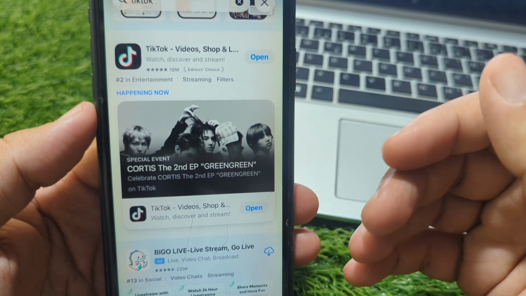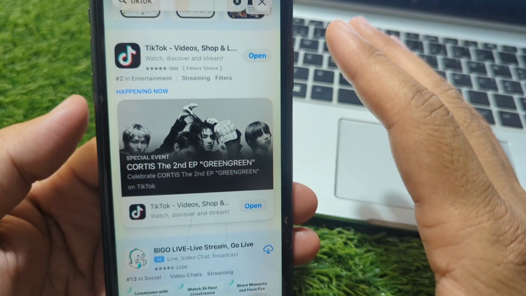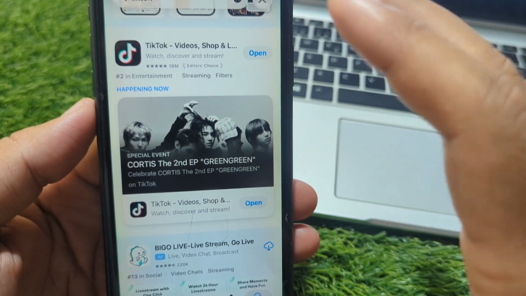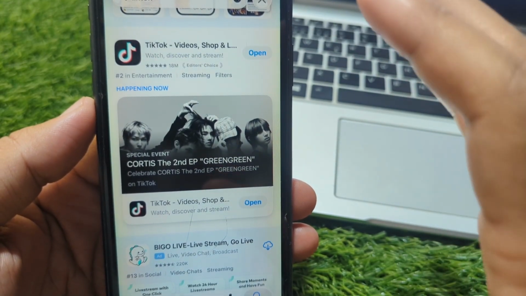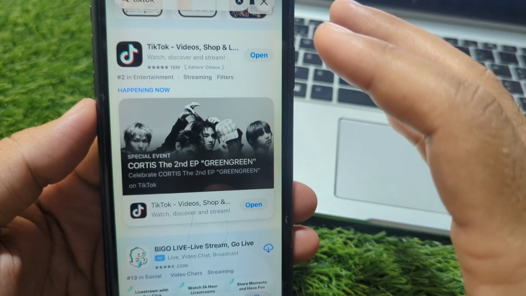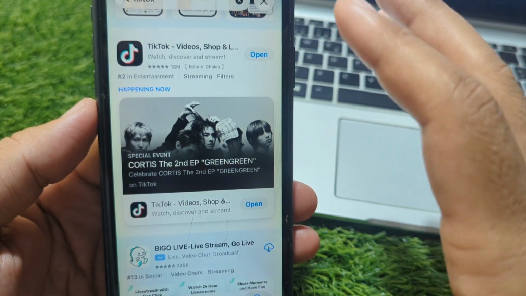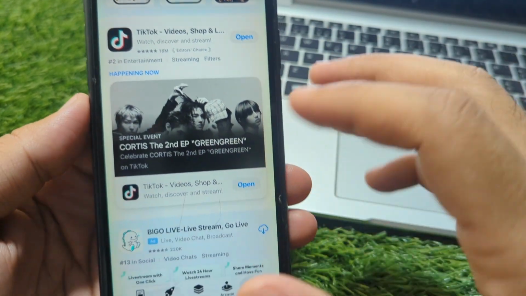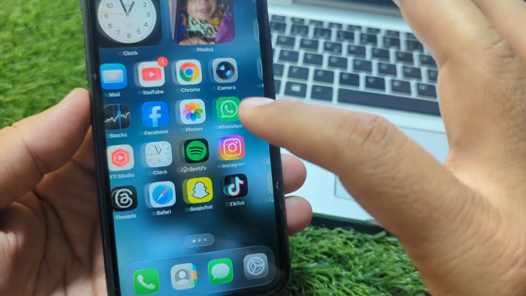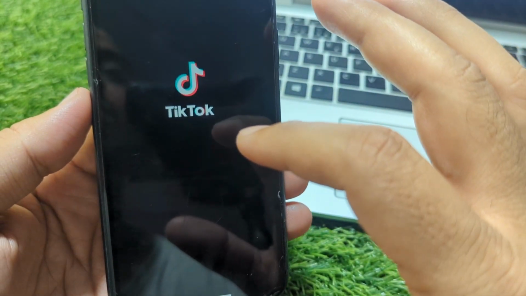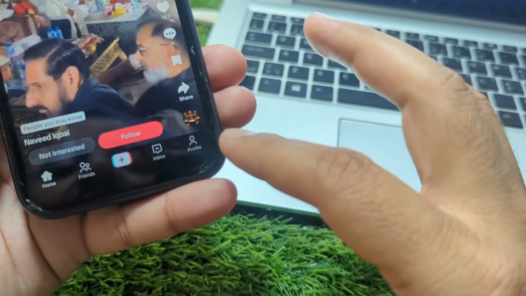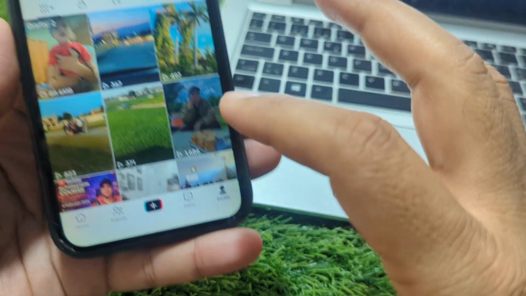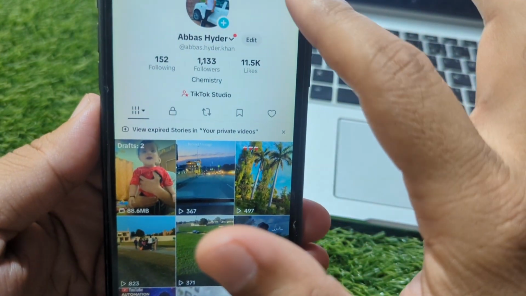And if the problem is still there, then you have to simply ensure your profile age is over 16. So guys, if you are less than 18 years, then there will be no option for direct message for you. So guys, you have to simply open your profile in order to fix your age. Then you have to simply tap on profile and then tap on the three lines button